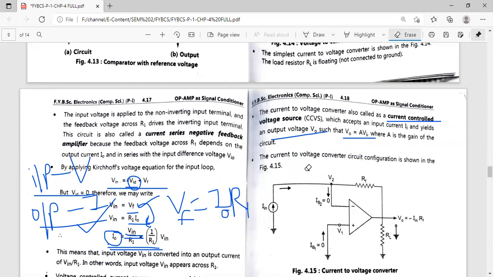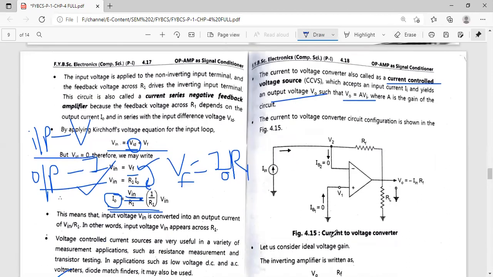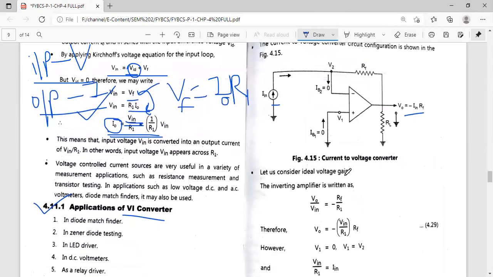So we have seen the equation of the operational amplifier. Now we will understand the current to voltage converter circuit, and how that current is converted into the equivalent voltage. Correct. So in the diagram,